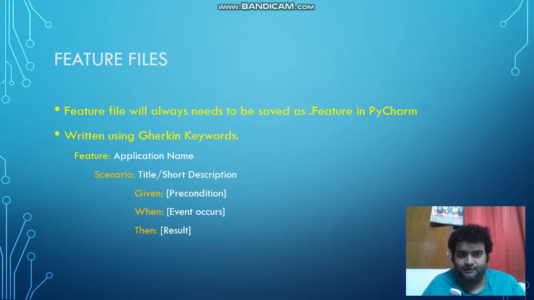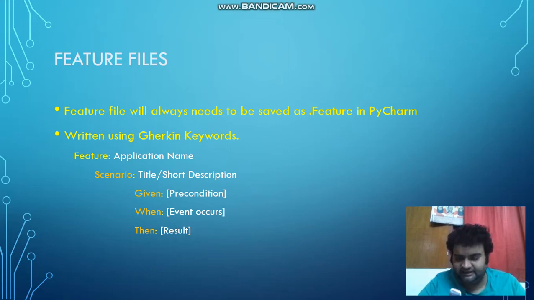And how do we write these feature files? The feature file should contain Gherkin keywords. For example, Feature: the application name, followed by the scenarios. A scenario has a short description, the given precondition, and when the event occurs, then we can decide whether the result is pass or fail.